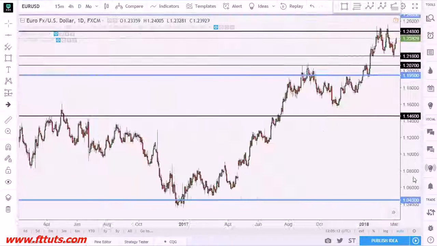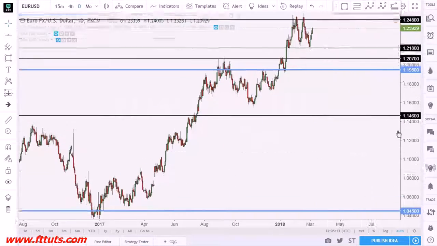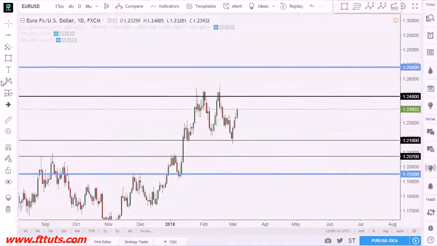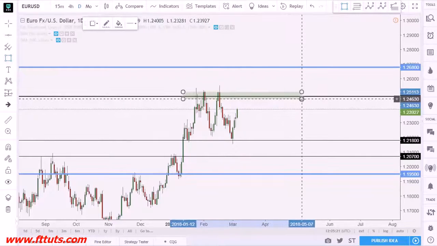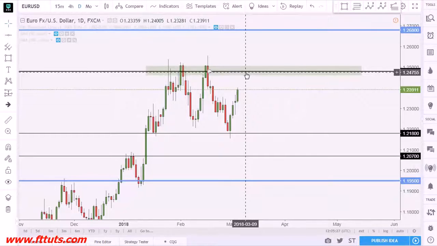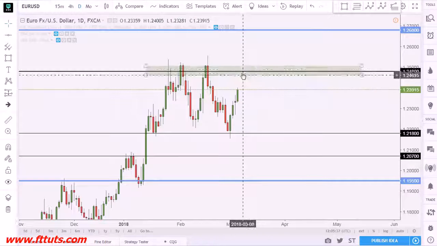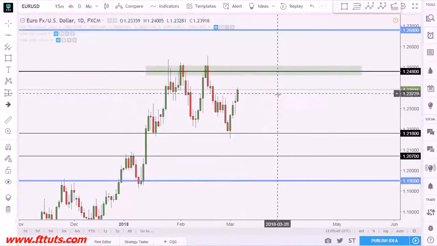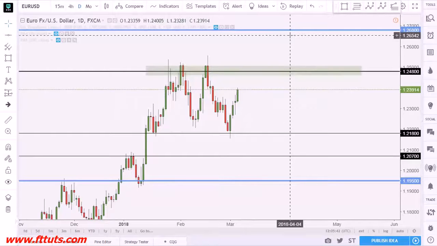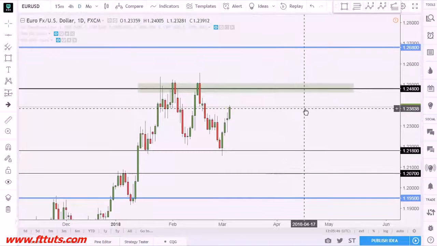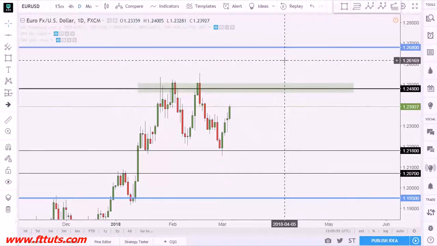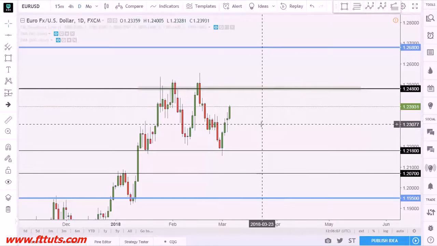Same thing here. We can highlight all these zones so we kinda know next time if price could go up here to this zone and could reverse or could break it, retest it and go up again. And our upside target would be this 1.26800, which is a monthly level. So after we finish drawing all these monthly, weekly and daily levels, we go back into a lower time frame,